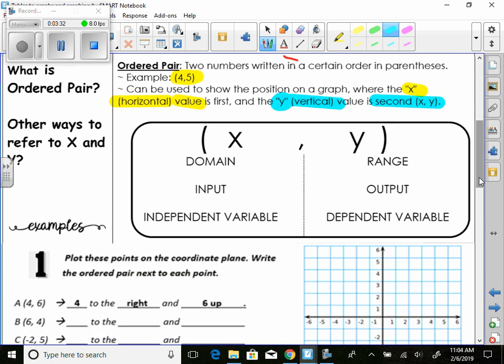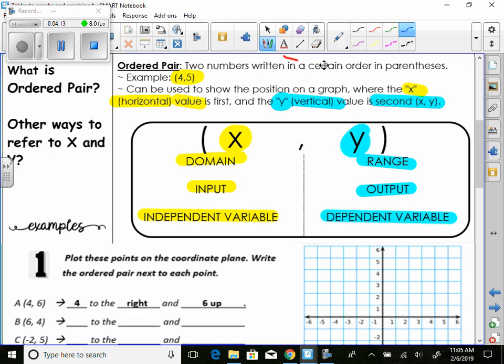So x and y also have other names they can be referred to, okay? And x is your domain, x is an input, and x is also an independent variable. y is range, output, and dependent variable. So what is domain? Domain is x. What is input? Input is x. What is independent variable? Well, independent variable is also x. Same thing for y. What is range? If I ask you what's range? Well, range is the y value. Same thing as output and dependent variable. They're just y values. You don't have to worry about it just yet, but we will be definitely using it